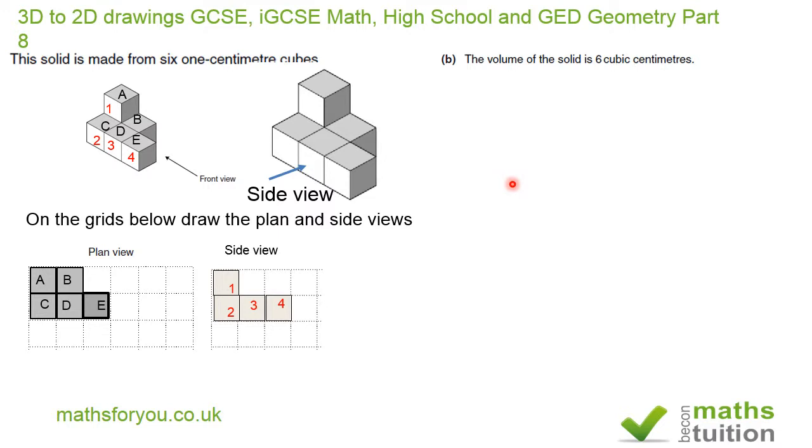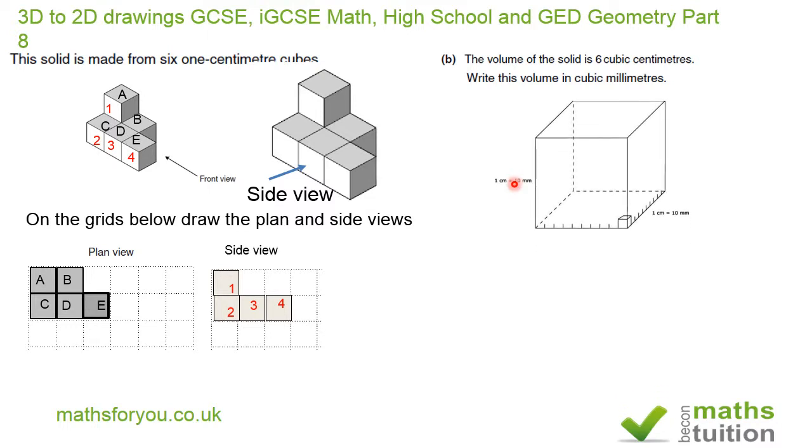And it says the volume of the solid is 6 cubic centimeters. Okay, and then it says write this volume in cubic millimeters. Now, I'm sure I can do this without doing any exercise. But what I've done is to sketch out this cube here. This cube is of dimension 1 centimeter by 1 centimeter by 1 centimeter, which is equivalent to 10 millimeters